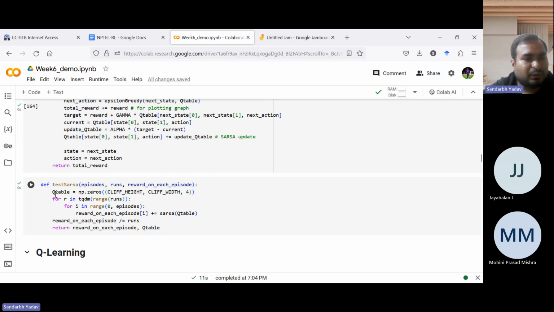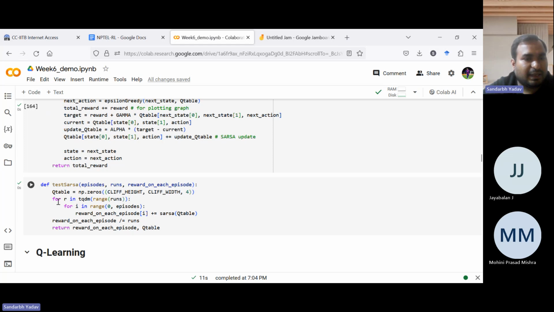So what is happening here is the Q table. We have initialized it with 0. These are our height and width, so our number of states will be basically 4 into 12, right? And for each of those there will be 4 actions. So this is our 3-dimensional matrix, of which 2 components correspond to state and 1 component corresponds to action. Or you could have had just a 2D matrix also, but then you will have to club the states. Either way, the number of states will remain 4 into 12 only.